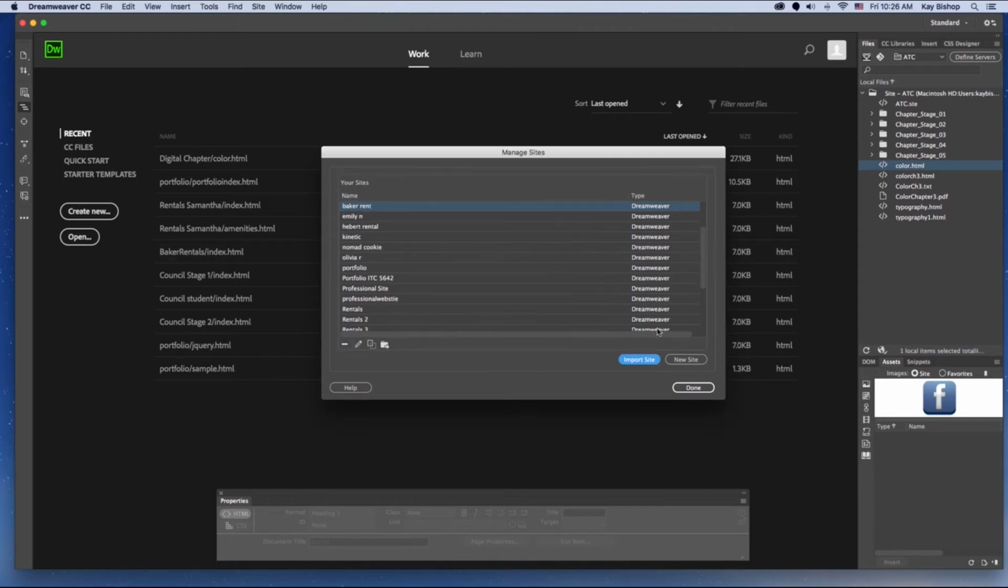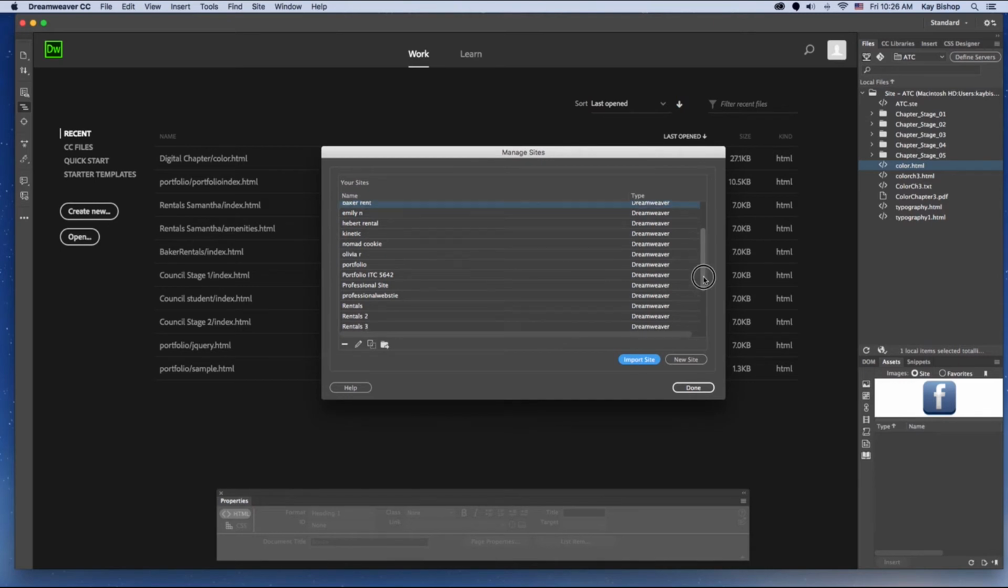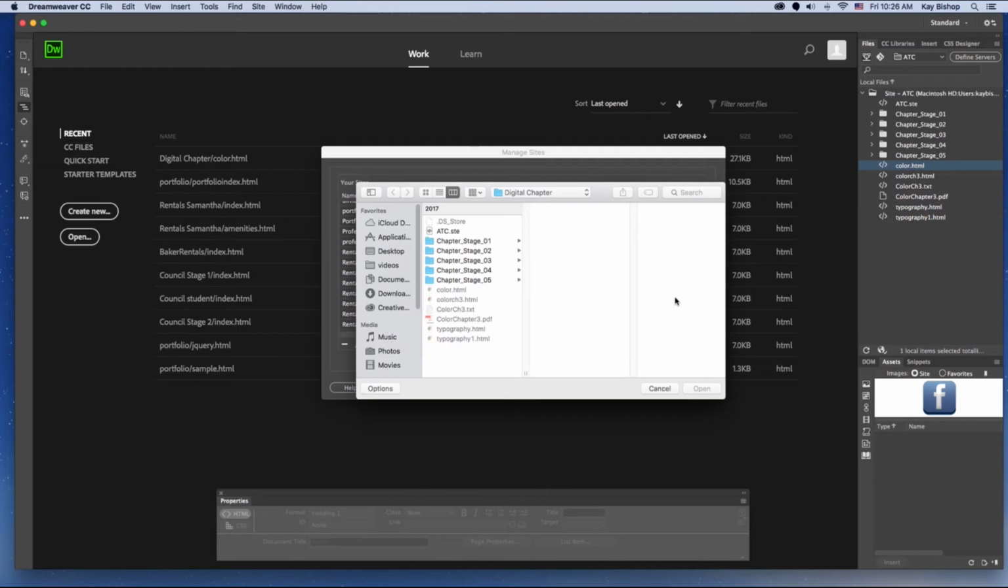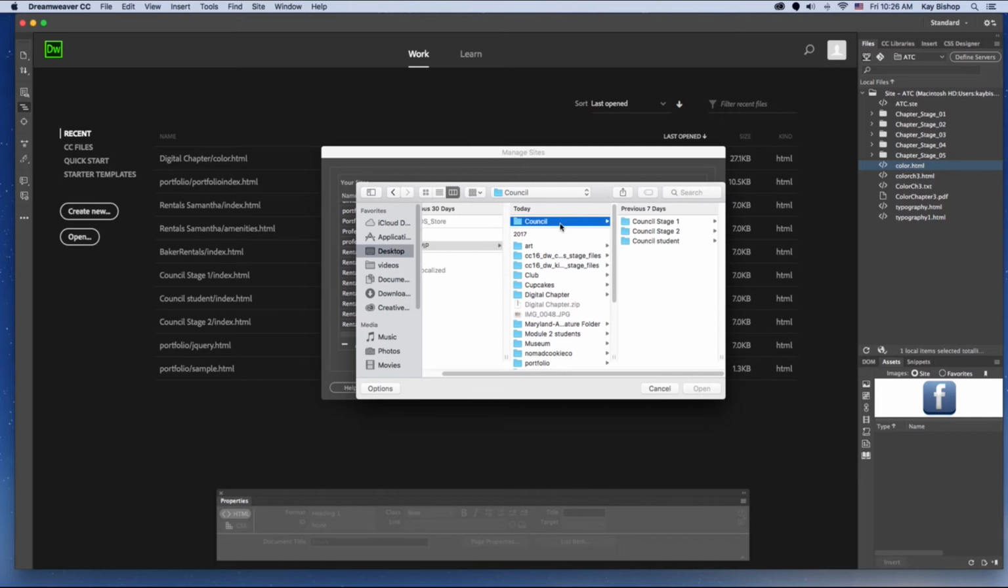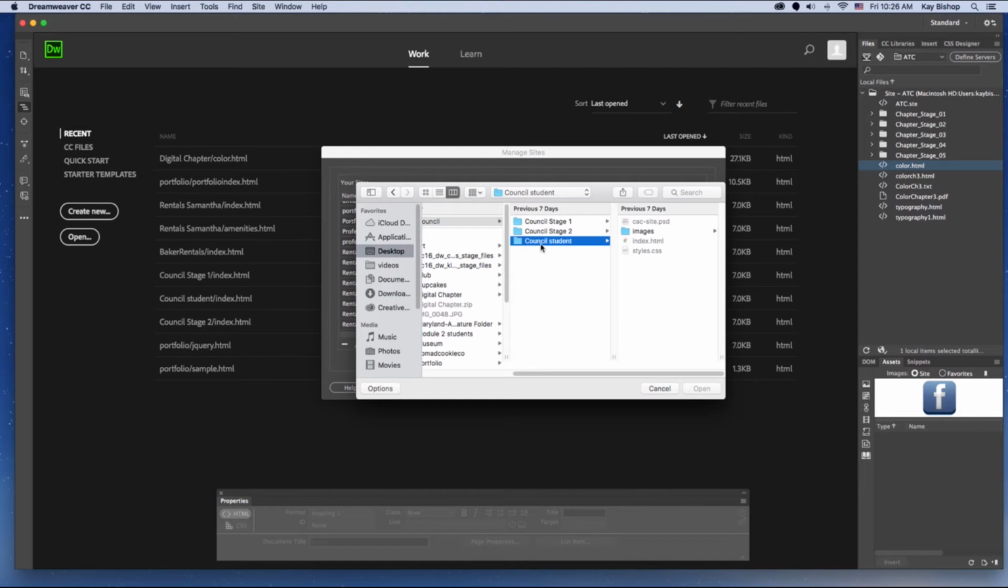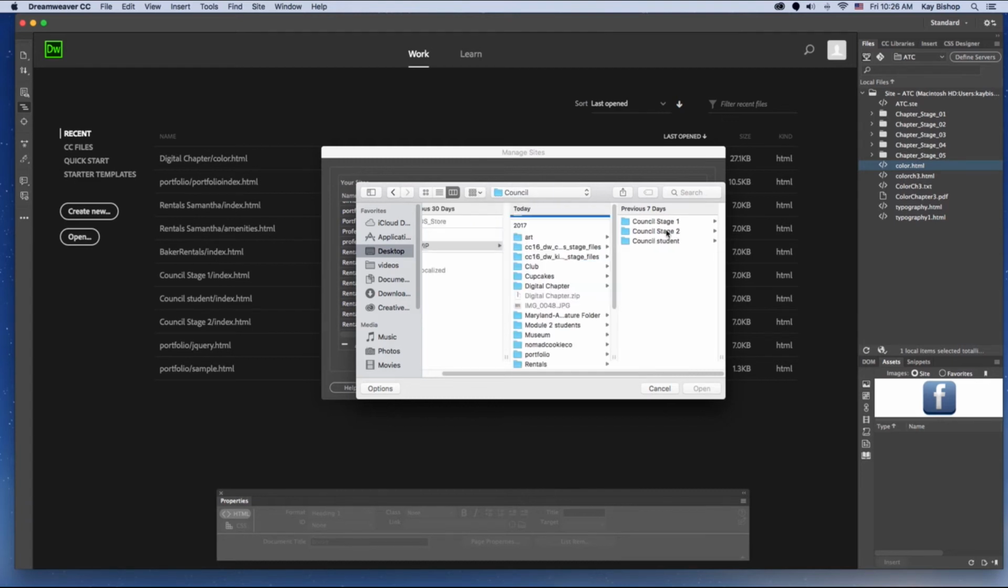And then I'm going to import a site. I've already saved the STE, so I'm going to click on Import, and then I'm going to switch to my WIP folder and look for the site folder within that folder. So this is called the Council folder. These are the site files that I want, so I'm going to select this Council student files. And actually I'm going to go back because I don't have the STE site